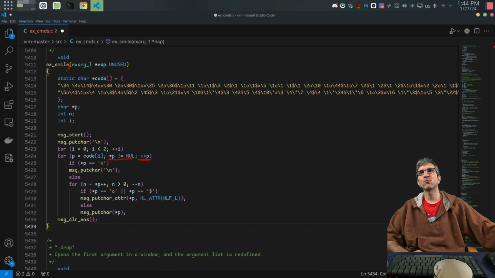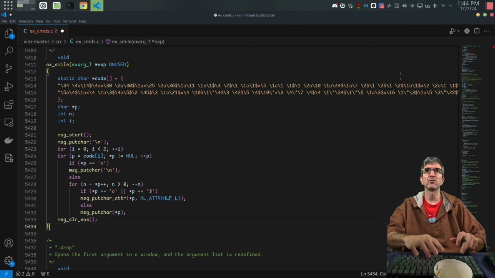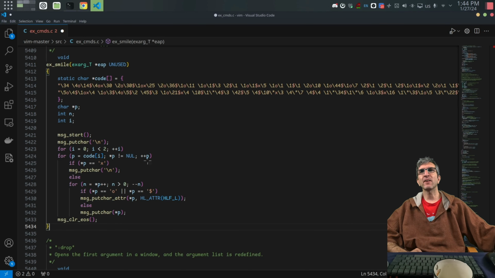So on the first run, it will be 34. Then it will be a space. Then it will be 4. Then it will be O, and it goes up to the end of the string where it finishes with a null character, because this is C programming. It says, okay, if the character is X, message put char \n. If X, go to the next line, it's like an enter. Otherwise,